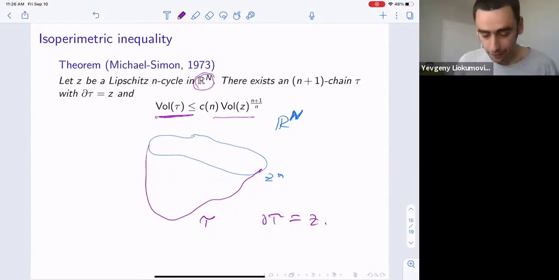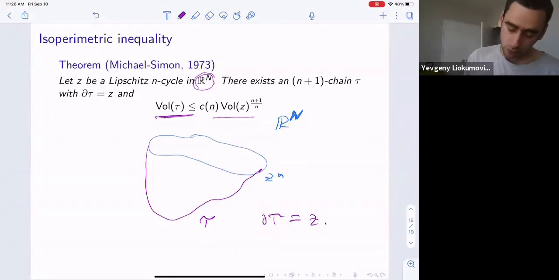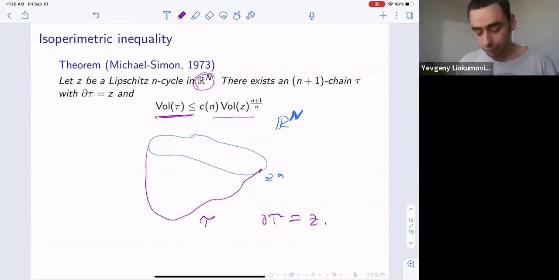And so what we proved, to do this deformation to prove this Urysohn width inequality, is something quite similar, but for metric spaces instead of chains, and for Hausdorff content instead of volume. Well, one way of looking at this is in terms of Lipschitz cycles and chains,